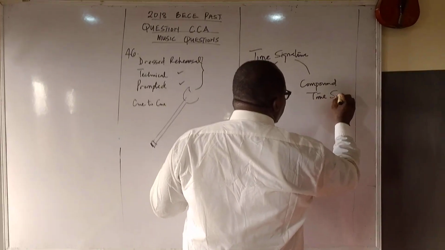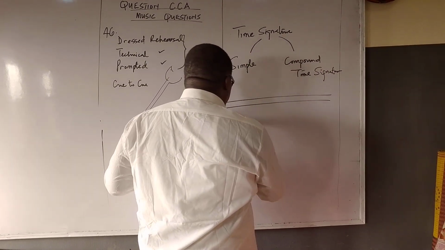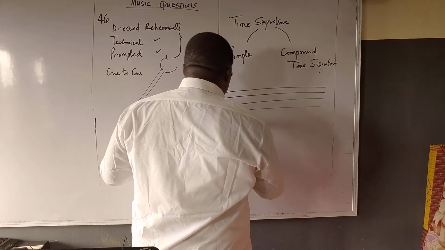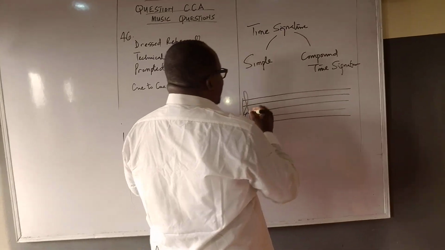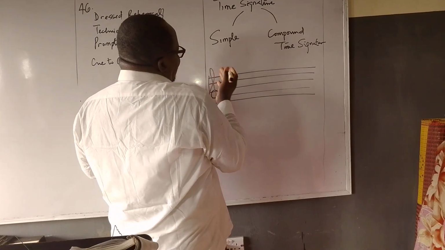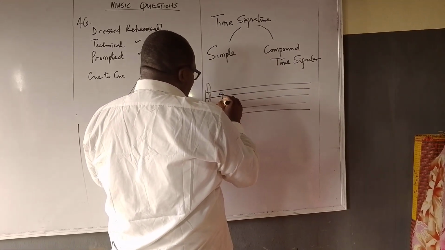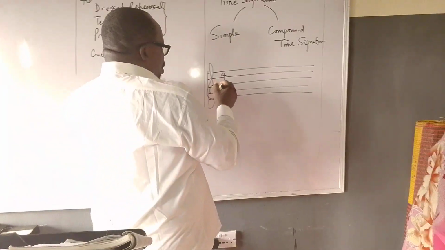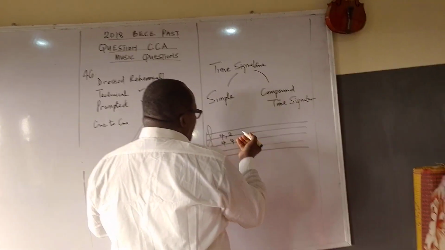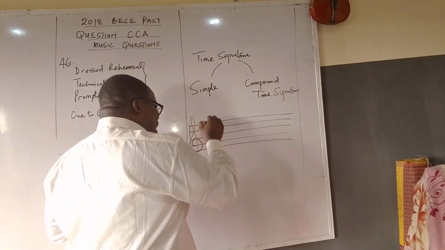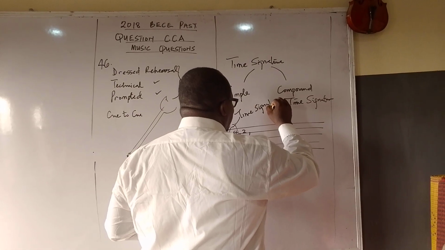time signature. Time signature is the placement, of course, let me quickly draw a step, is the placement of a number one above the other, not in form of a fraction. Are you hearing me? Okay, this is my treble clef. Maybe there is no sharp or flat here. I'm considering maybe C. Then you have something like this. Maybe you have 4, 4. Or we have 2, 4, or something like that. This aspect here is what we call a time signature.